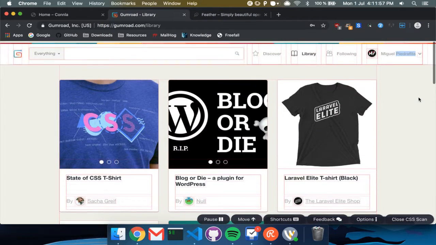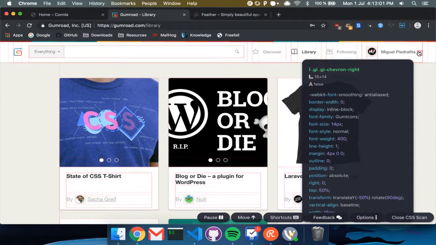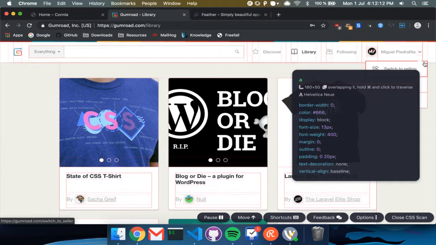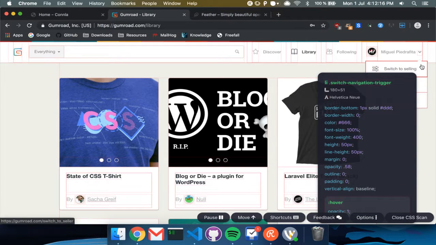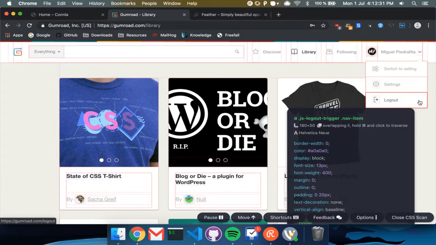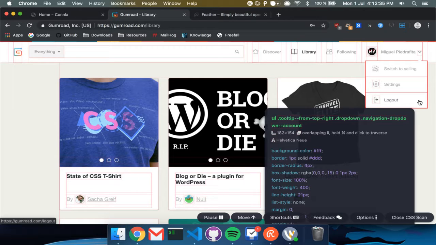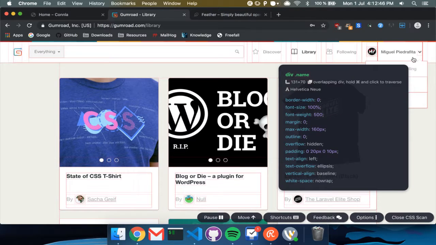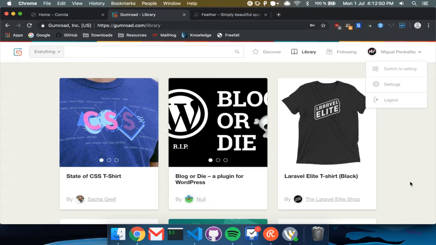Move this to the bottom. So when I click this, if I actually click it, let's see. Okay, so it has a tooltip class, which gives it a position absolute, and let's search for